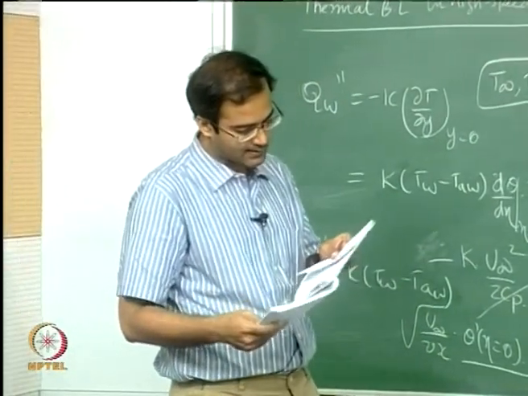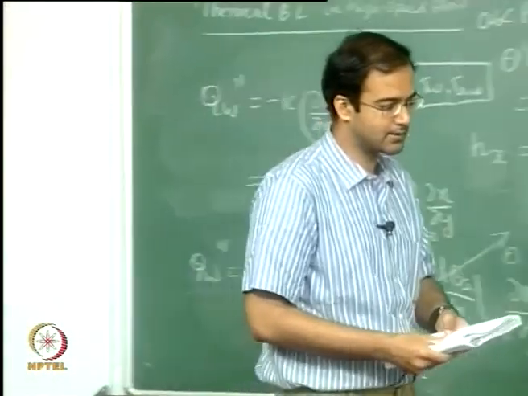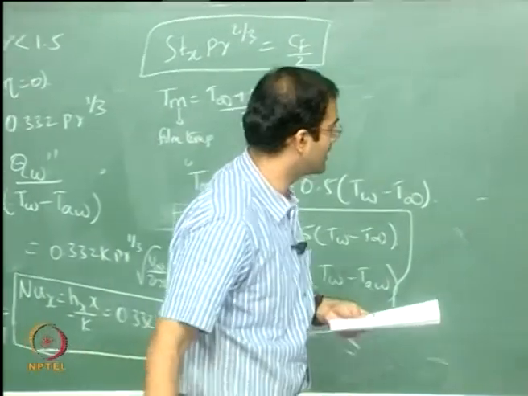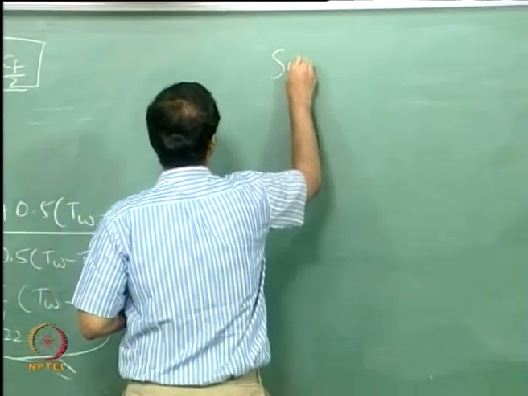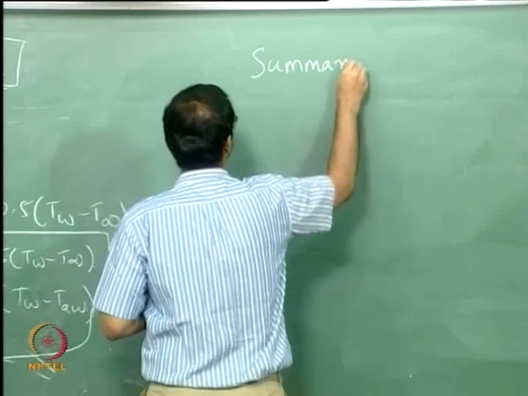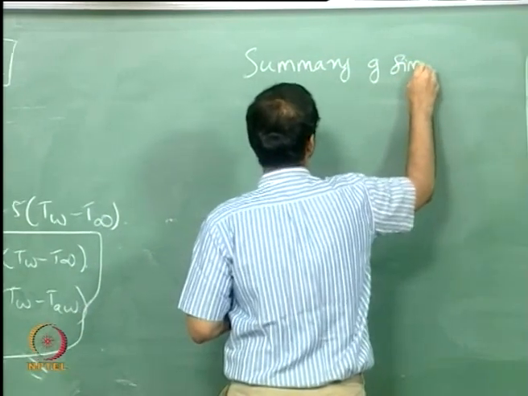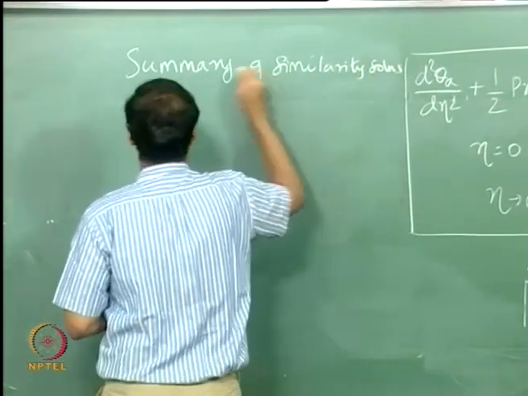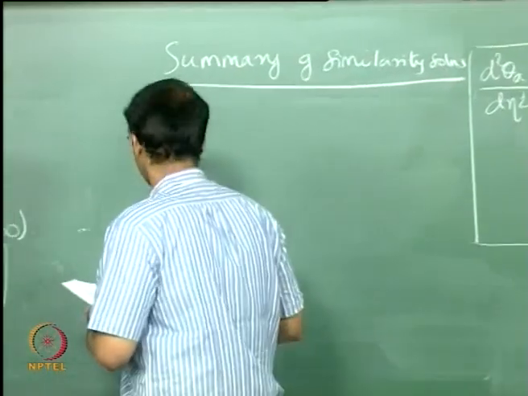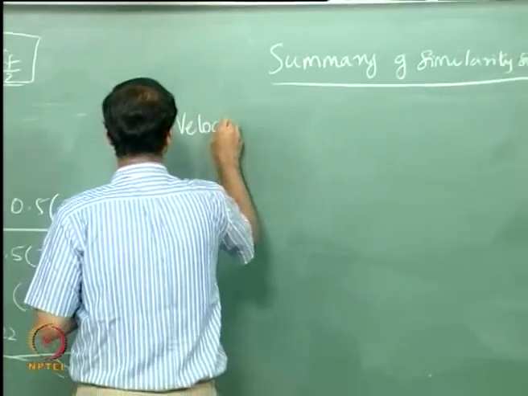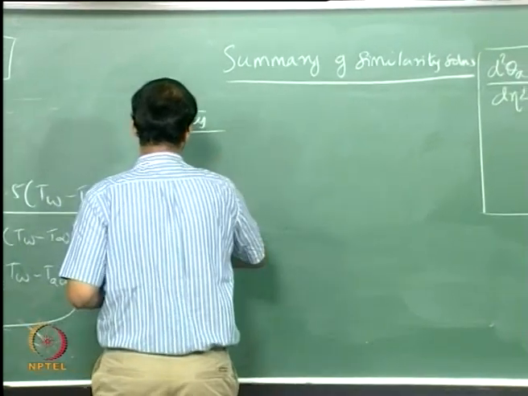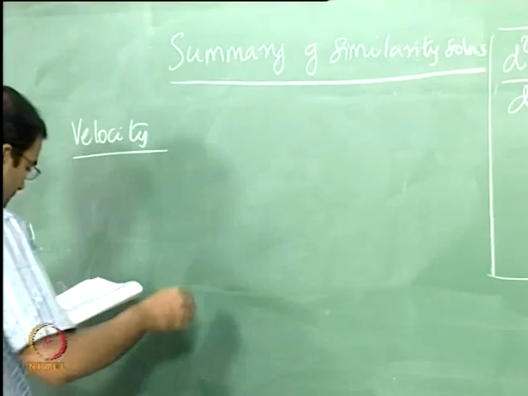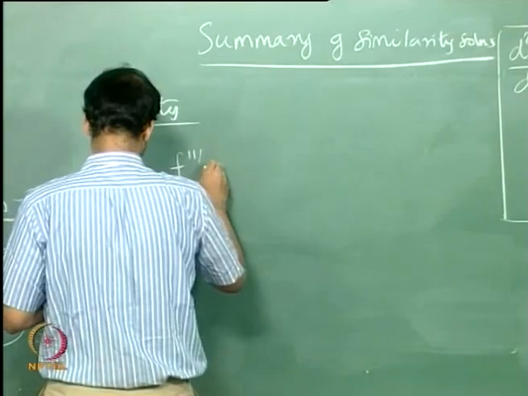If you want, I can quickly summarize the similarity solutions that we did before we stop. So, summary of similarity solutions, just 2 more minutes. For velocity, I am just writing the global similarity solution, which is nothing but the Falkner-Skan equation. From there all the other special cases can be derived. So for the Falkner-Skan you have f triple prime